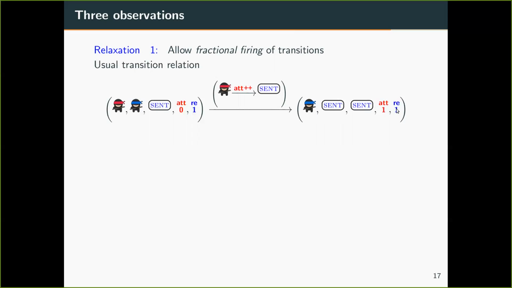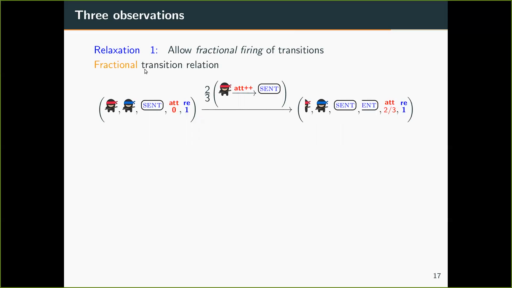And now we introduce what we call the fractional transition relation. In this transition relation, a process can choose a transition which is enabled at that configuration and also choose a fractional value between 0 and 1. So in this example, the process in the red ninja state has chosen this rule and has also chosen this fraction 2 by 3. Once it has chosen this fraction, it can split itself into two fractional copies. So for instance, in this case, the process in the red ninja state splits itself into one copy of size 1 by 3 and another copy of size 2 by 3. And what now happens is that the copy of size 1 by 3 stays in the red ninja state,